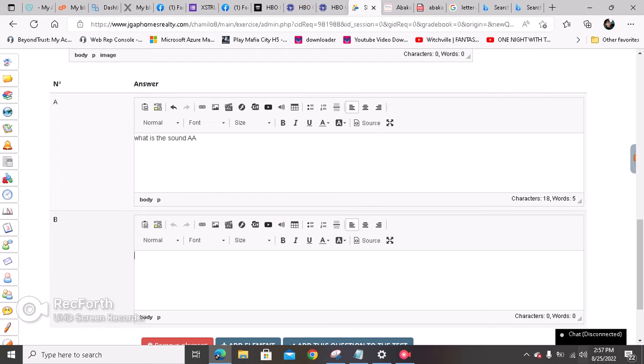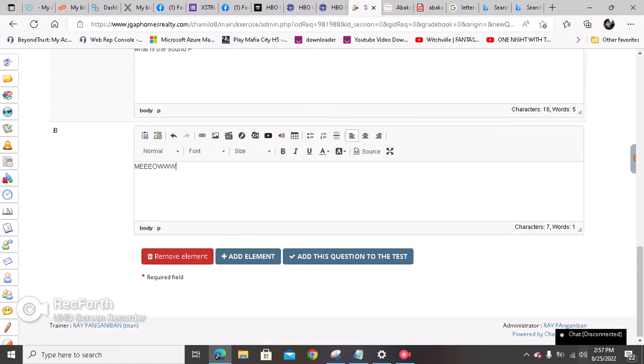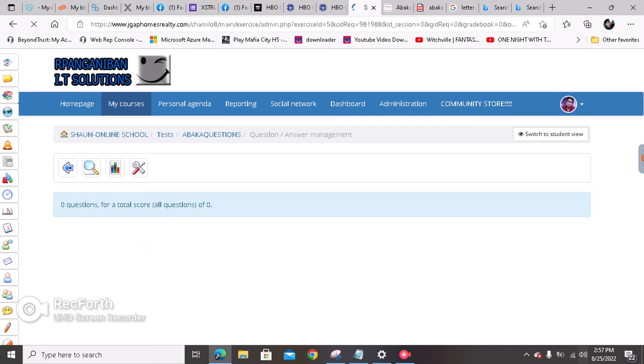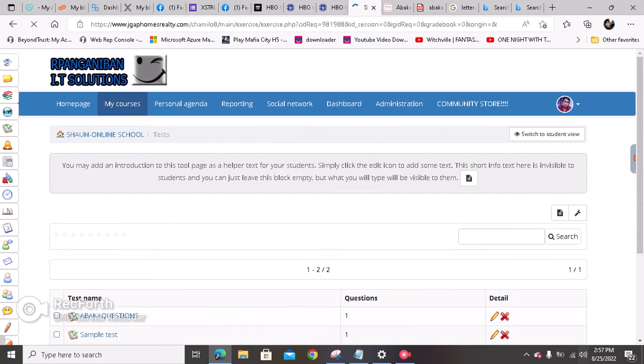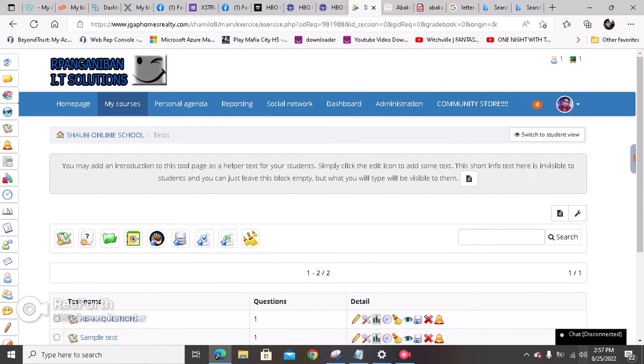You can also add some sounds. What is the sound of A? Aso, or just pusa, or what's the sound of P? Meow, or just add this to the test, and then we'll go to the test